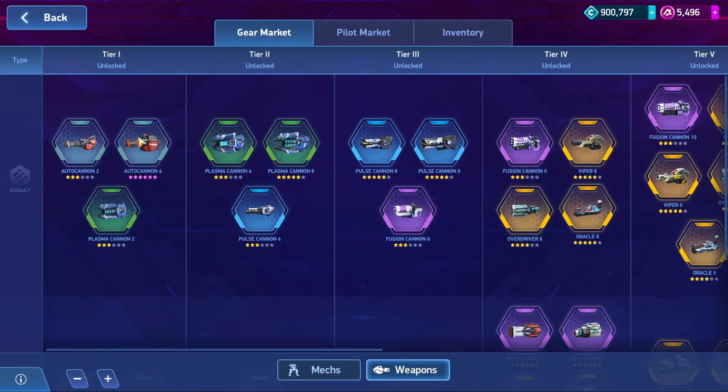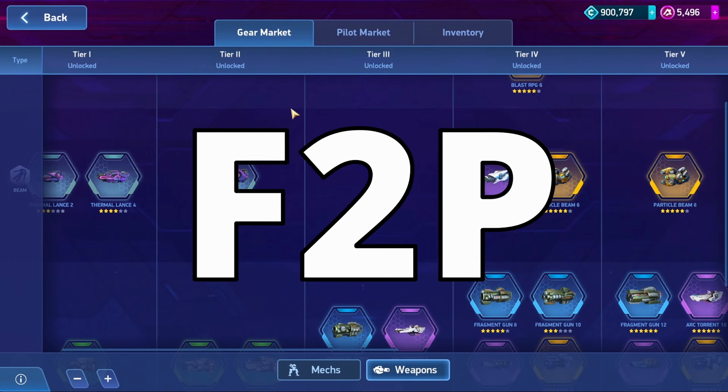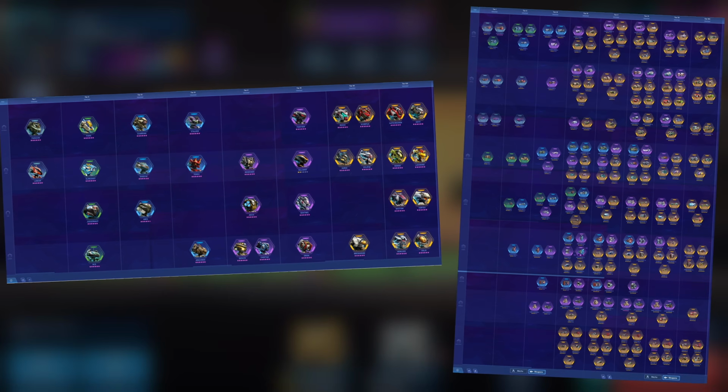I'm going to be going through the Gear Hub tier by tier from a free-to-play perspective, telling you all of the mechs and weapons that you should and should not get, along with how to best set up your hangar